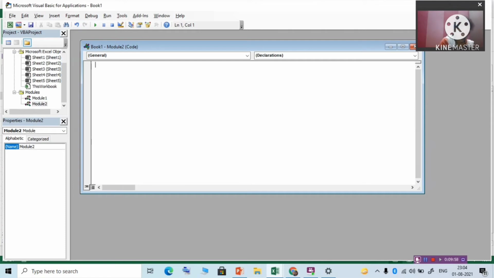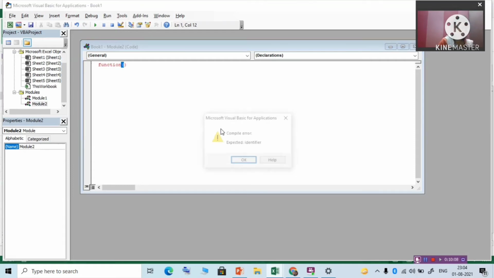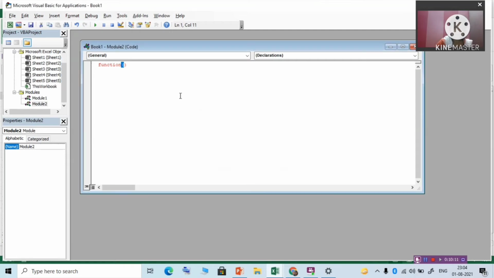You can write a function here. So what is a function? A function is a small program that will be executed. You have to give it a name. Suppose I am giving the name Total.